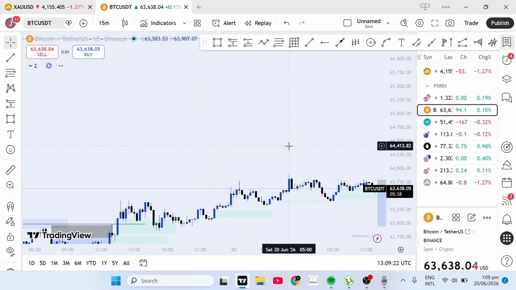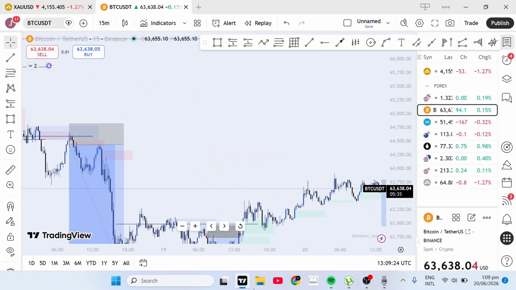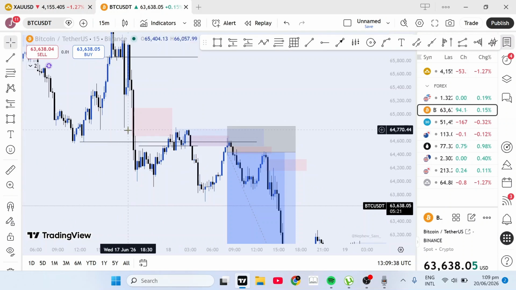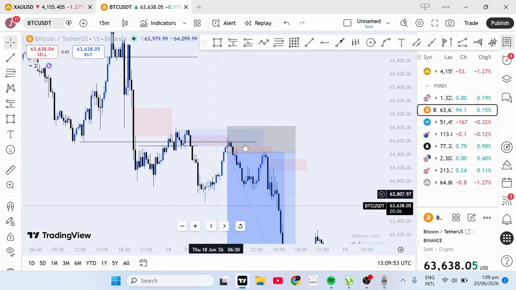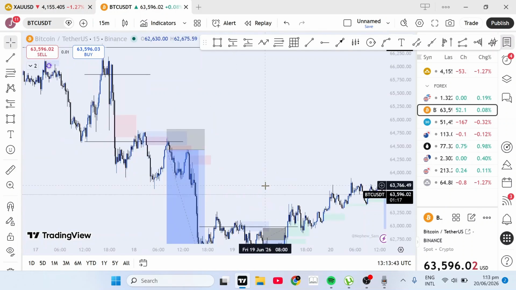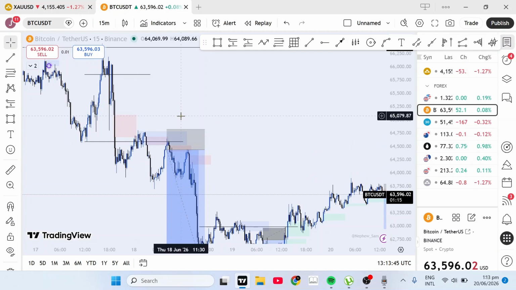So I think my execution was on the 15 minutes. This was the low of that order block that price created on the 4-hour time frame, and this is the mitigation. So as you can see, on the 15 minutes we have a sweep of liquidity right here. Price came here, broke below, giving confirmation, and it came back into this order block zone in the 1-hour time frame. You can also see it on the 15 minutes time frame. So on the 15 minutes, this is all I needed, and that's all I saw to be able to execute my